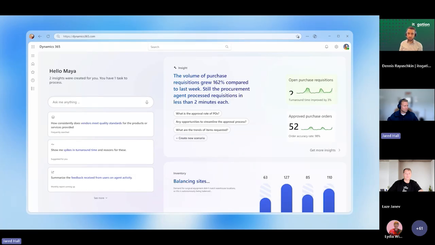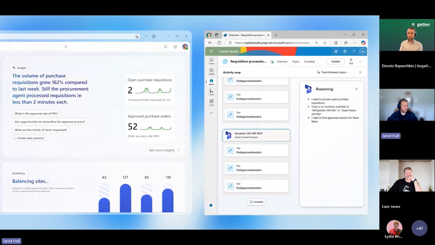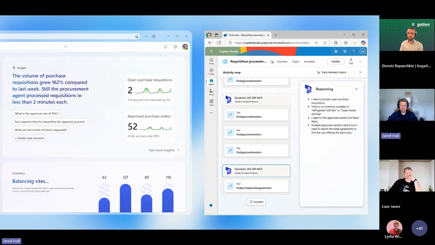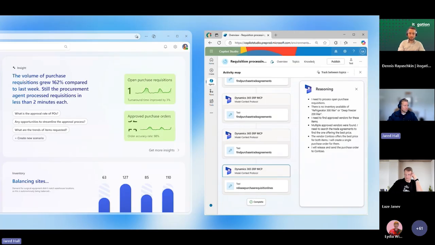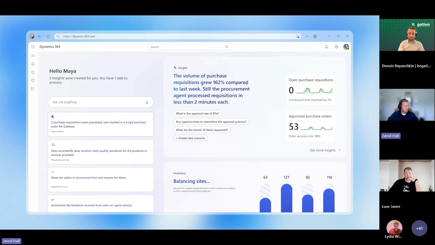The agent autonomously validates incoming purchase requisitions against company policies. For each item, it checks existing inventory and delivery records to find a suitable supplier based on speed, cost, sustainability, and risk. If the same supplier is identified for multiple items, it consolidates them into one purchase order. Let's see how one of these agents is created.